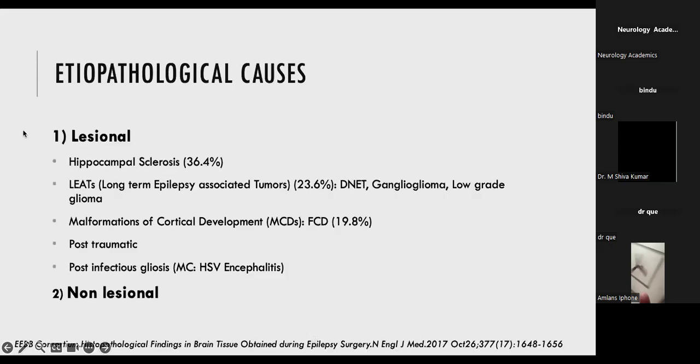Coming to etiological causes of temporal lobe epilepsy, it can be classified into lesional and non-lesional. Lesional causes can mainly be seen in MRI imaging, but non-lesional can be missed, or non-lesional are usually MR negative, and they pose challenges in diagnosis and treatment. Coming to lesional, the most common cause is hippocampal sclerosis. Following that,